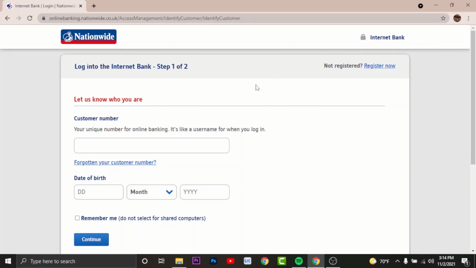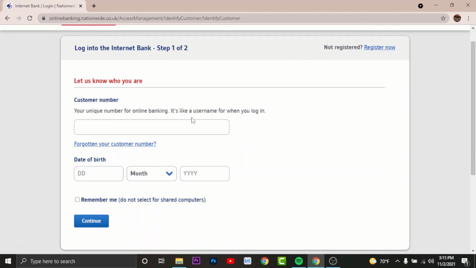Now before getting started, let me tell you, you can only log into it if you have registered your account before. If you haven't enrolled for online banking, then go to the register now option here and tap on it in order to get started. Once you have registered your account, you can come back to this same site and then enter the credentials in